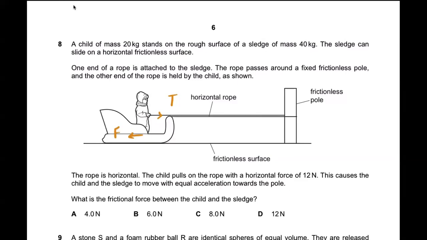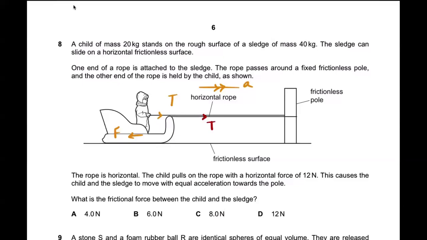So there is tension and there's force. And everything is accelerating in this direction towards the slope, towards the pole. And then we know this horizontal force of 12, and we'll work with that in a minute. And you have a force here equal to the T, which is pulling this sledge towards the pole,